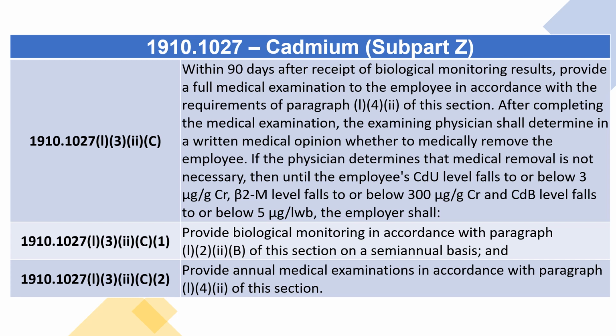If the physician determines that medical removal is not necessary, then until the employee's CdU level falls to or below 3 µg/g Cr, Beta-2-M level falls to or below 300 µg/g Cr, and CdB level falls to or below 5 µg/LWB, the employer shall: (1) provide biological monitoring in accordance with paragraph (l)(2)(ii)(B) of this section on a semi-annual basis, and (2)